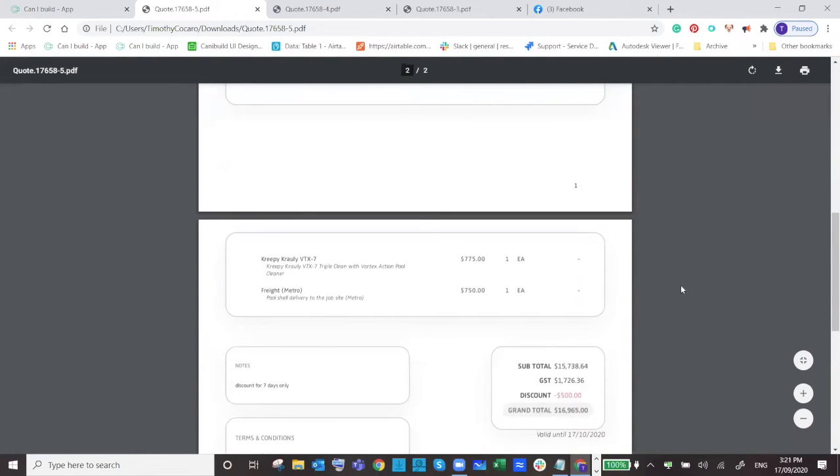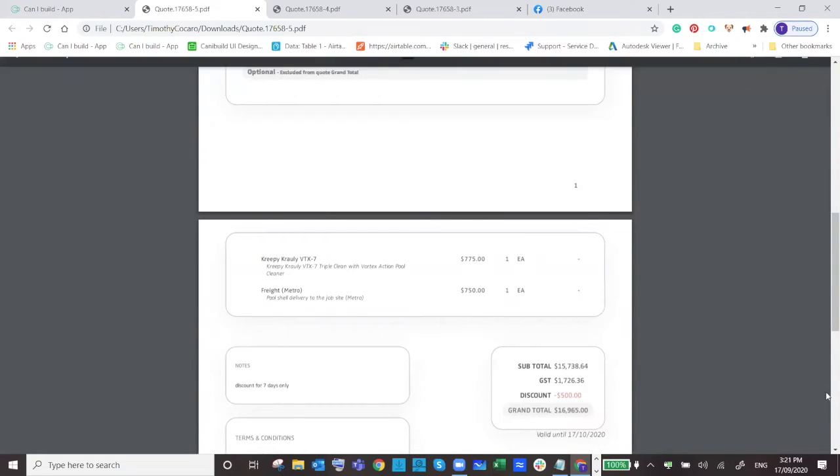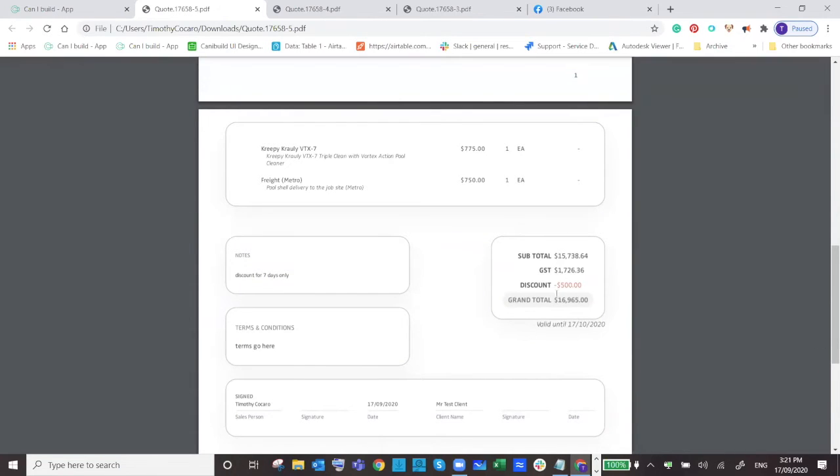So basically, it lets you sort of encourage either upselling or items that the client is umming about. Or if you wanted to put those popular type of upgrades but not inflate the quote figure, because unfortunately, in today's age, everyone just scrolls down to the bottom and just sees what the grand total amount is. So if you don't want to inflate that, but still provide the answers to the client,